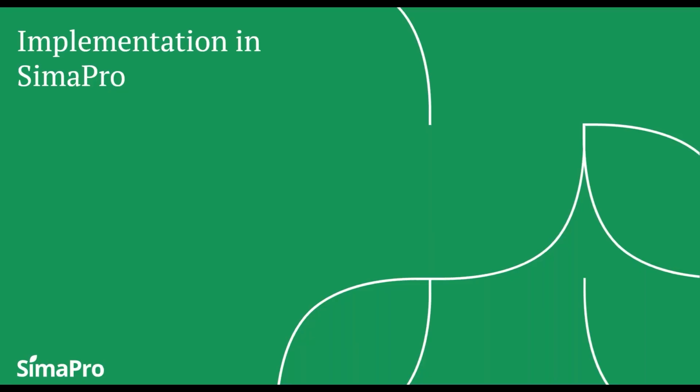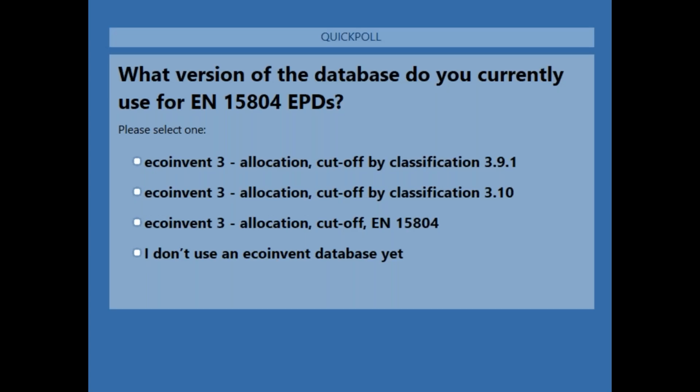I'd just like to start off with a quick poll. I know some of you attending here are already practitioners, of course. So what kind of data are you already using? Which version of the database are you currently using? Are you already using the latest ecoinvent one? Are you using an older one of ecoinvent, the 3.9.1, which we have not provided ourselves, but is available? Are you using the regular cutoff, or are you using another database? Just curious about the audience.